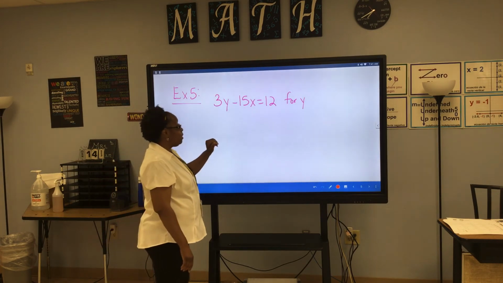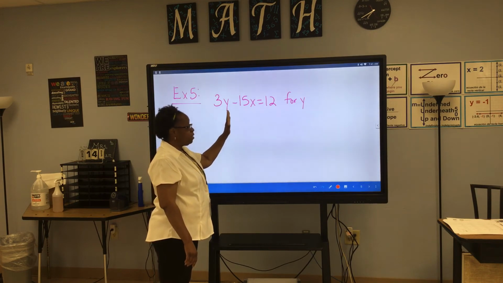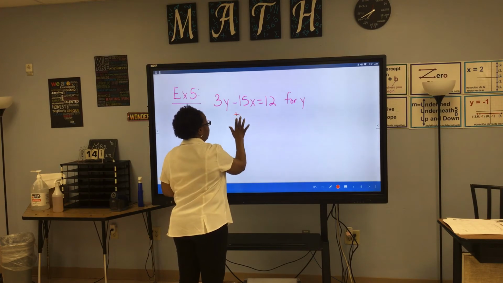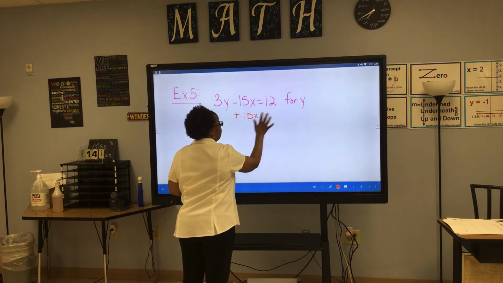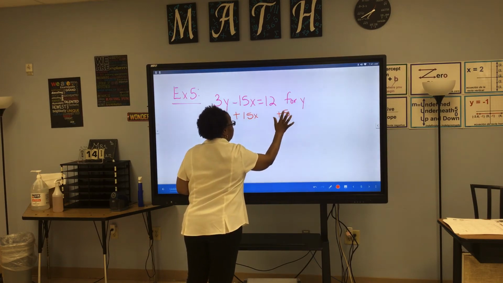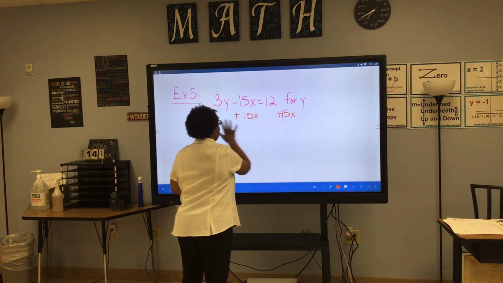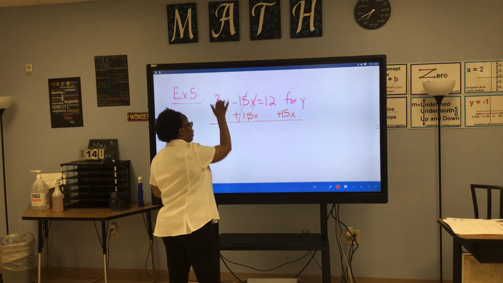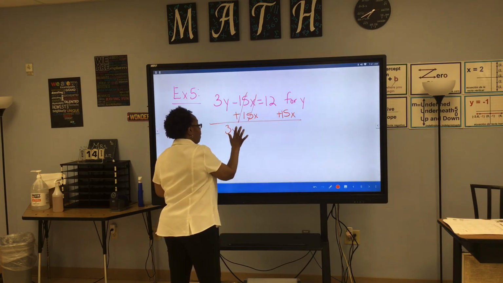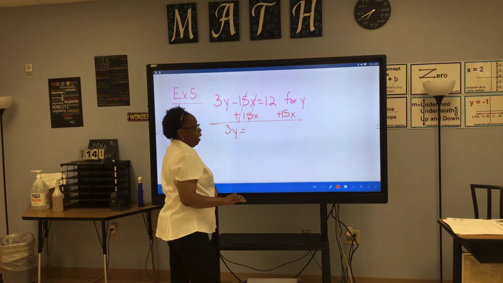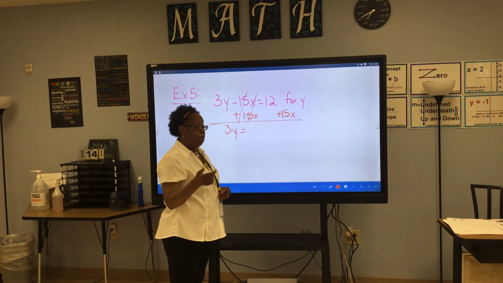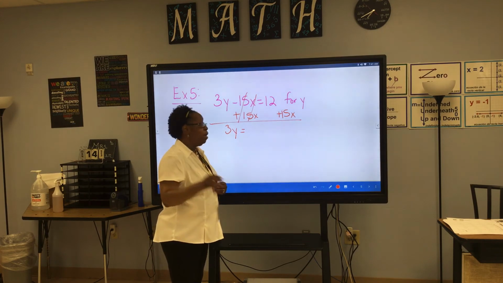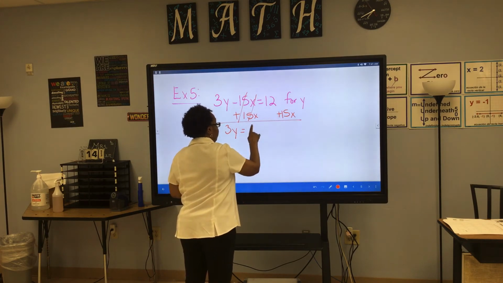If you want to get y by itself, the first step is to move the x term to the other side of the equation. So we're going to add 15x to both sides. The 15x cancels here. What comes down? 3y equals. Now, if you get in the habit of remembering y equals mx plus b, that format of the formula, you will know you'll write your x term first,